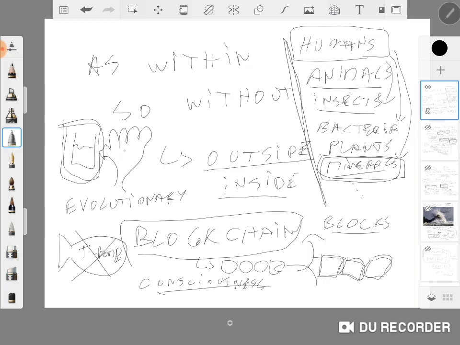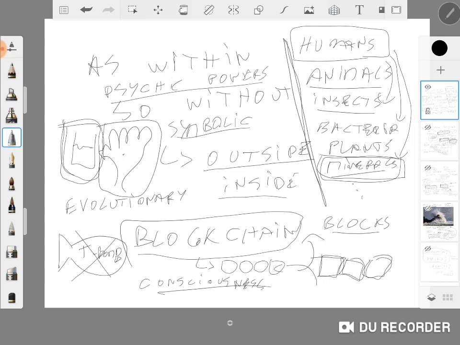So again, when you pick up a glass of water with your hand, that action is more a symbolic representation of what's happening. But what's really true is that your hand is like your mouse and your keyboard, and it represents a physical representation of your psychic powers. So you're never really picking anything up.